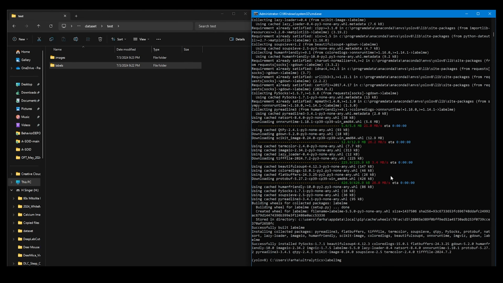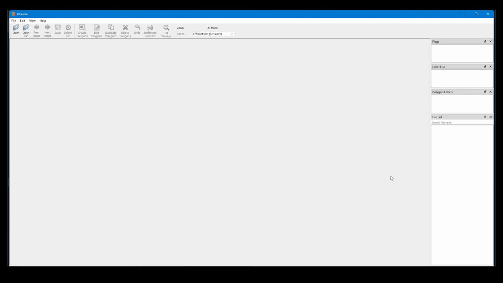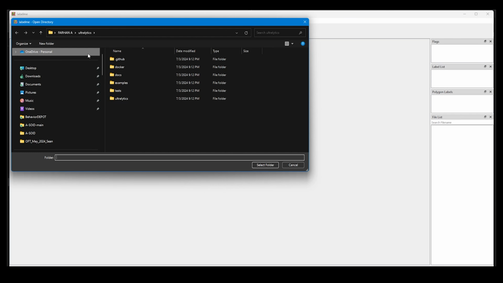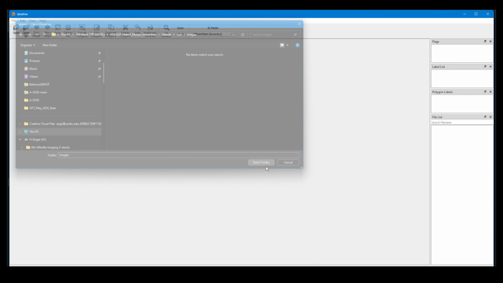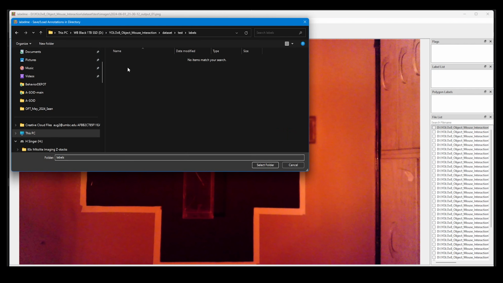I'm going to utilize LabelMe to annotate my dataset, and if you don't have this, please utilize pip install labelme to get this software installed. It will help us annotate. So here I'm navigating over to my images. These are the images that have been brought into LabelMe, and I'm going to utilize automatic save and then change the directory for my labels to the labels folder within my test folder. So all of the labels are now going to be saved in the labels folder within the test folder that we had created earlier.